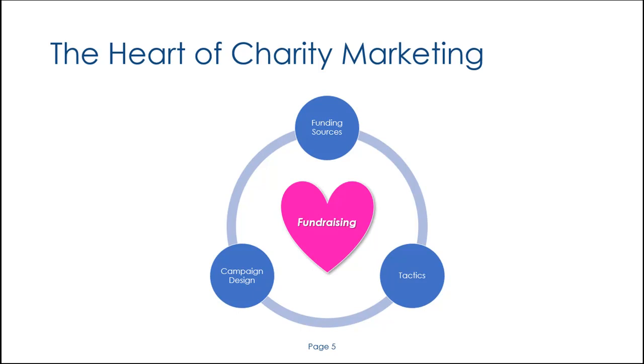What we're going to look at in this briefing is three areas. First of all, we're going to talk about the different sources of funding, and once we've identified those, we'll look at the different tactics one could use to address the opportunity that each one provides. And you should consider these tactics in combination with our previous discussions in the marketing communication section of the earlier tactics briefing. I'm then going to round off today's discussion overall with some advice on how to design campaigns to address the different opportunities in the different target stakeholder groups to do with fundraising.